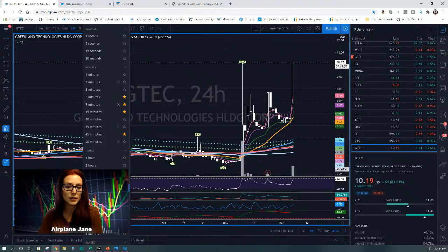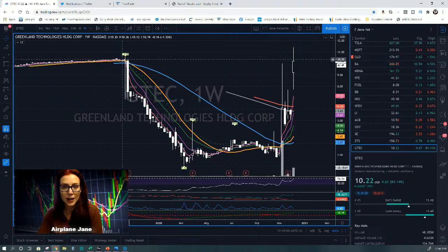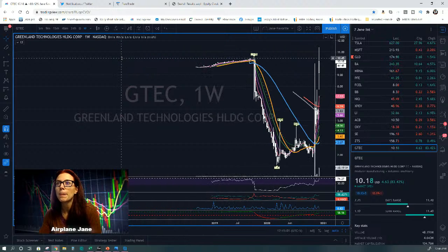All right, let's go to a weekly chart. And look at that, it's hitting a former resistance. So if it breaks above over here, there's a really good chance it could...